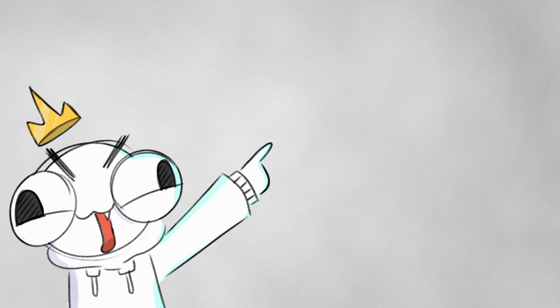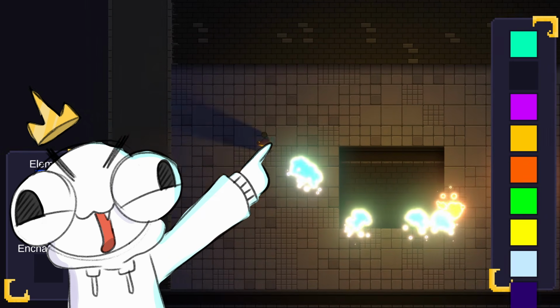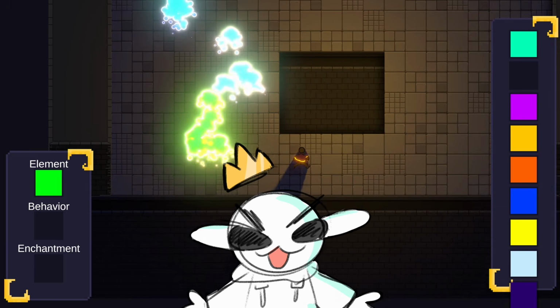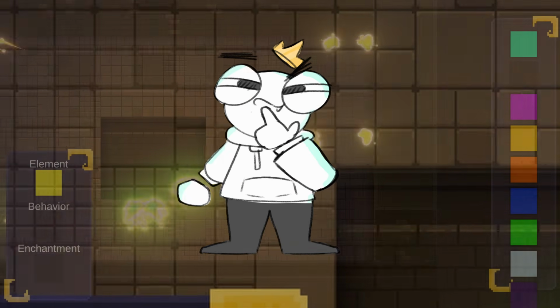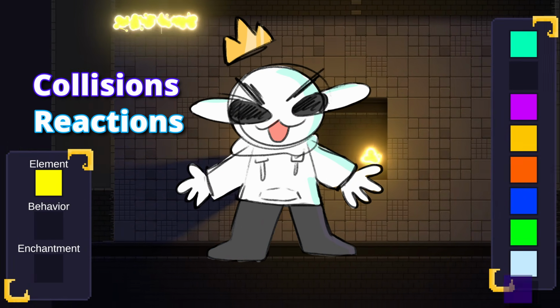Moving on, as you might have seen, I've also created a prefab for each base element in the game. Now here's a good question. What do you think will happen when two spells collide? Nothing. At least nothing yet. I'm thinking of creating another dictionary to handle spell collisions and reactions.